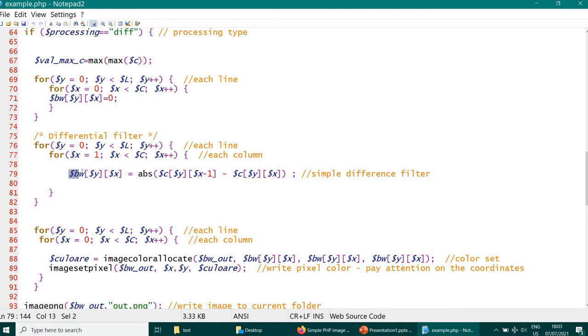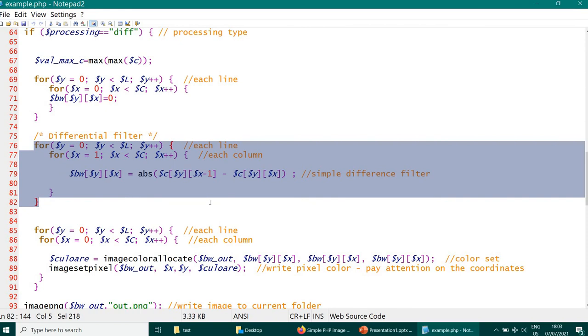And I build this image, BW, in this way, for each pixel, each line, each column, with the same addressing method.